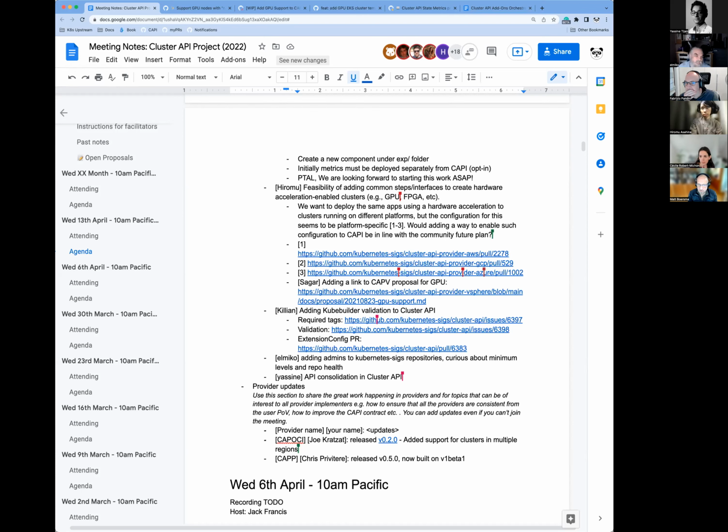Yeah, so I'm thinking about this from the user experience perspective and the clusterctl angle. If this was centralized in something like clusterctl, because every provider could have a different way of doing this, I think it would be difficult to maintain.